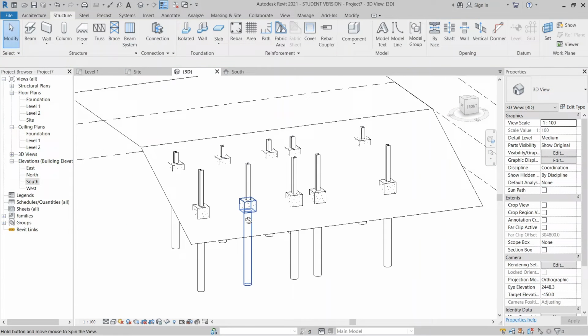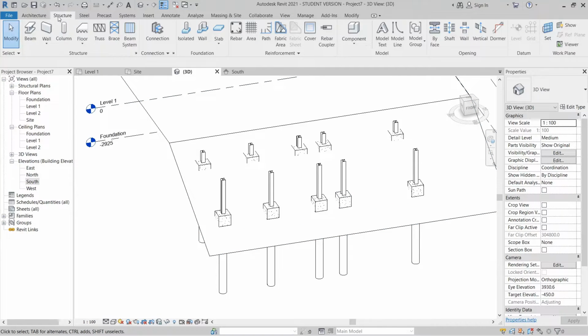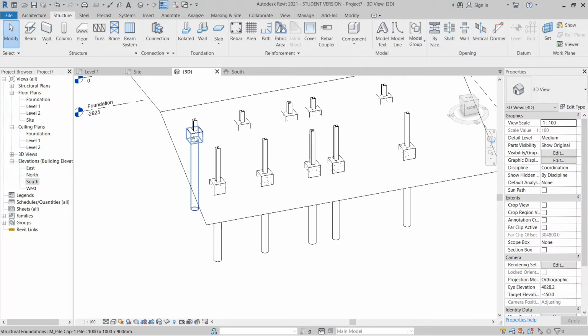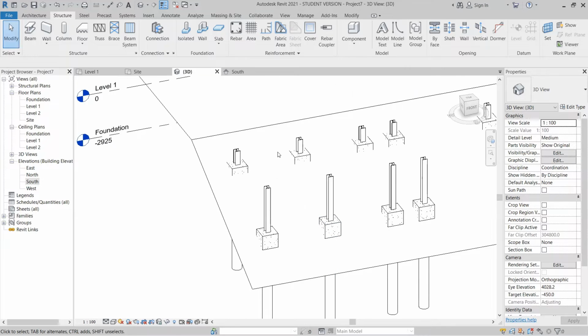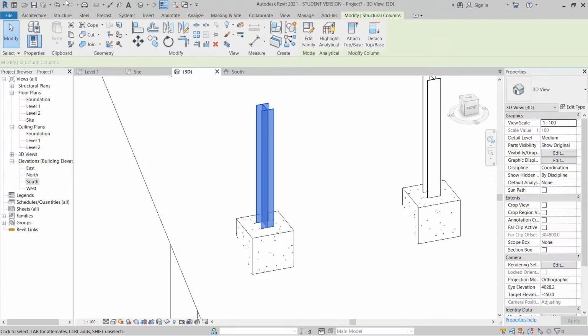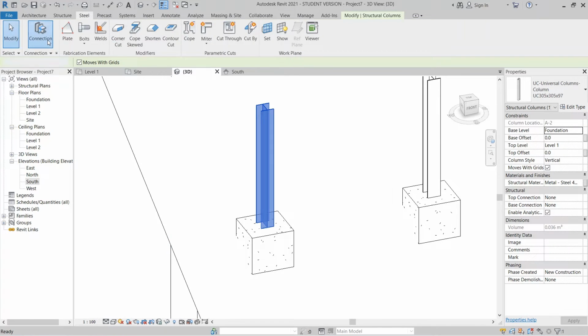It's time to add our beam here. To add that, I can go to my structure tab here. Okay, so before adding my beam, I want to add some custom steel connection first. The custom connection we use when we want to connect from this column to another column. Just like my beam here, like this one. Sorry, not my beam, my I column here. Go to steel, add connection.